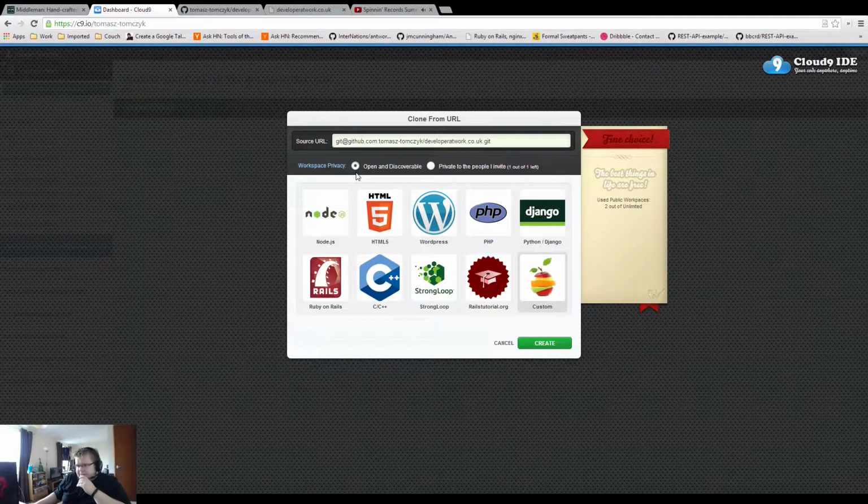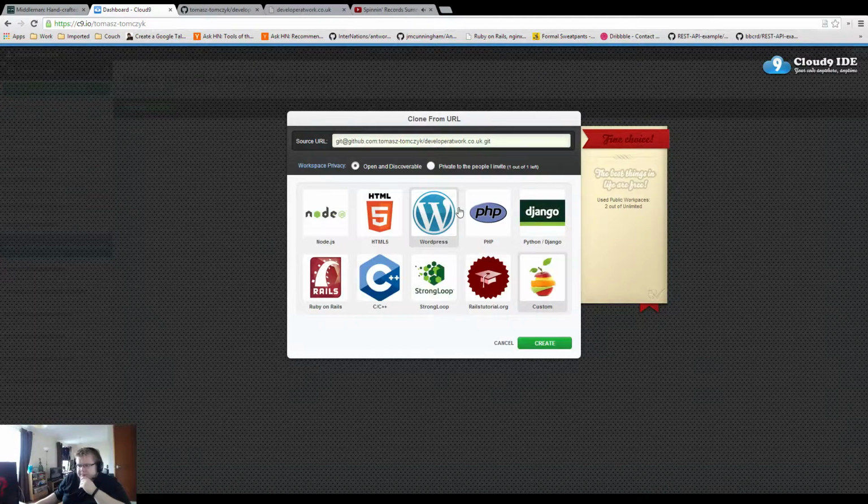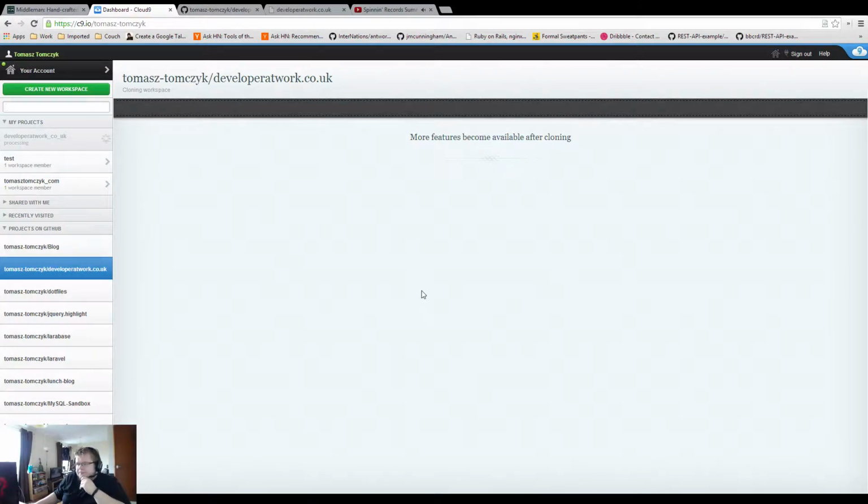The technology I'm going to be using is probably just going to be Middleman. It's going to be a static website deployed with either Capistrano or just git pull on the server. So let's make that custom. It's not Ruby on Rails. Cloning.